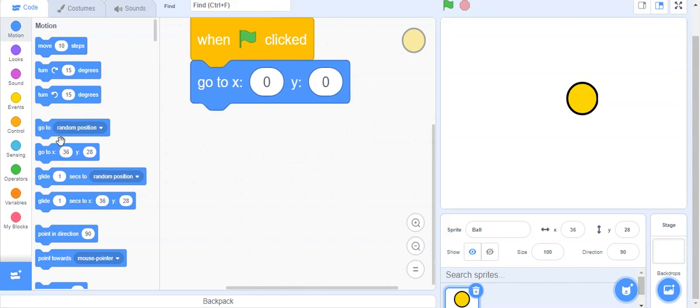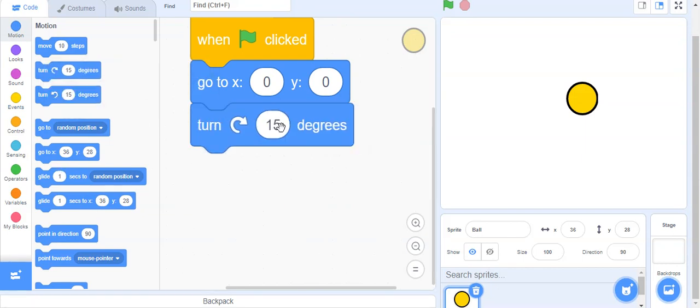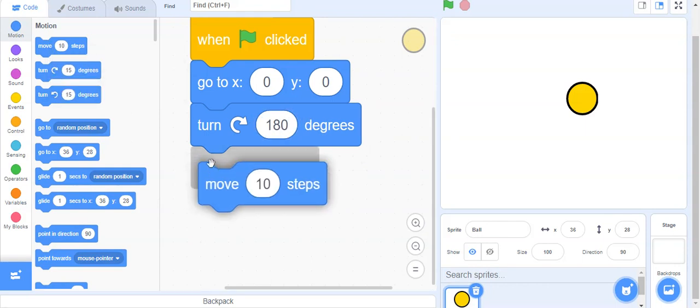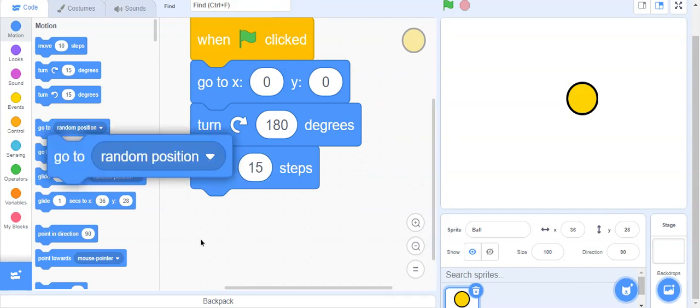First one, let's add turn to 180 degrees, move 15 steps, go to random position,